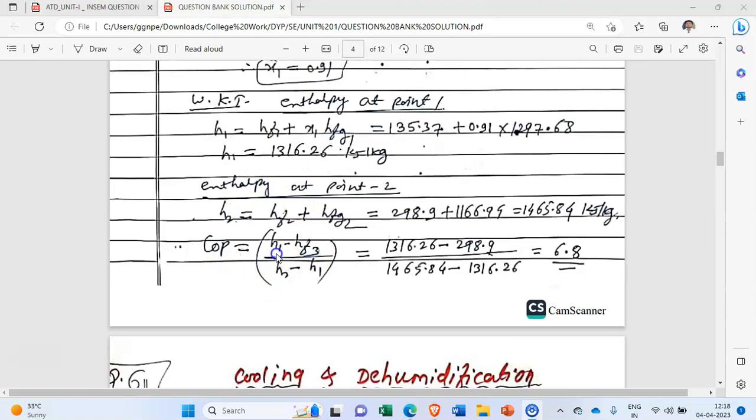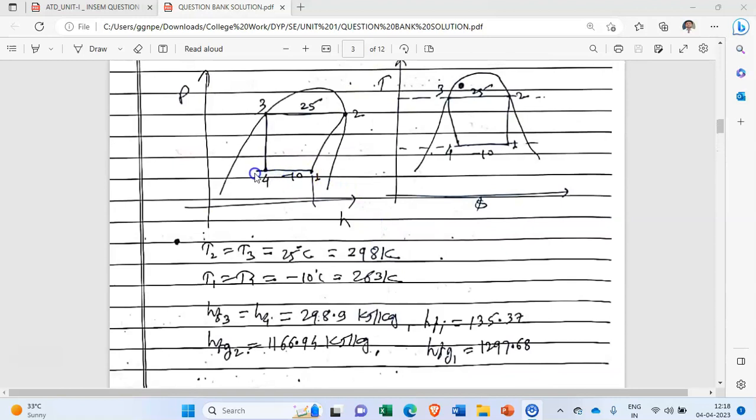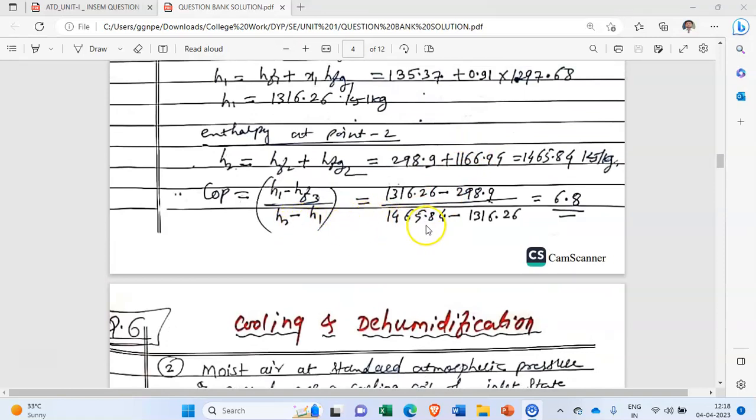COP is equal to H1 minus H4 actually, but H4 is nothing but H3, and H3 is nothing but HF3. So COP is H1 minus HF3 upon H2 minus H1. Actually, this is H2 here. Just put the values: H1 we have just calculated, HF3 is given, H2 we have calculated, and from that we will get the value of COP